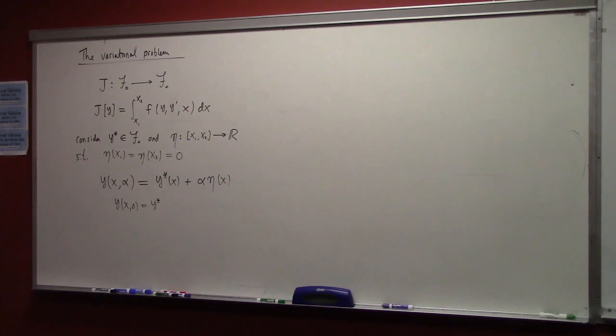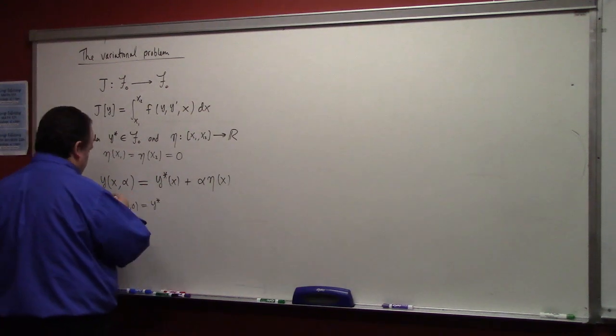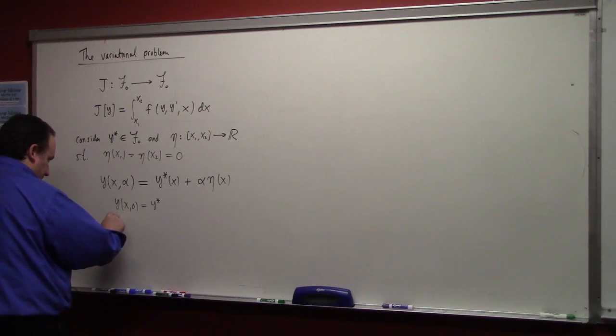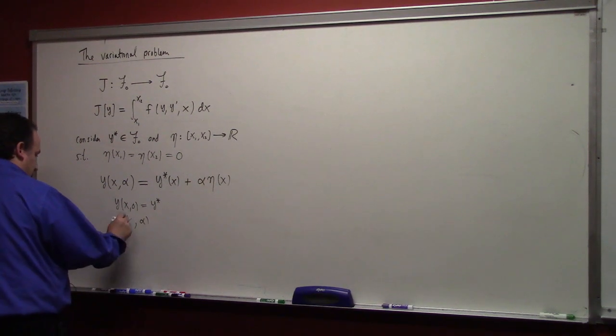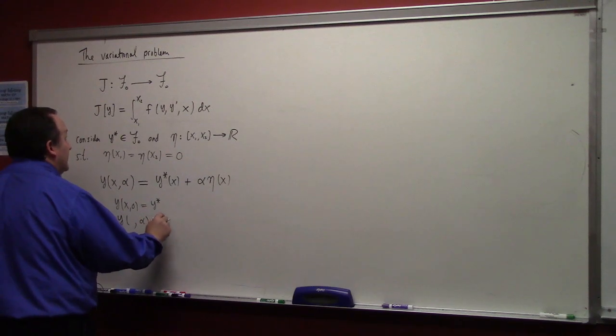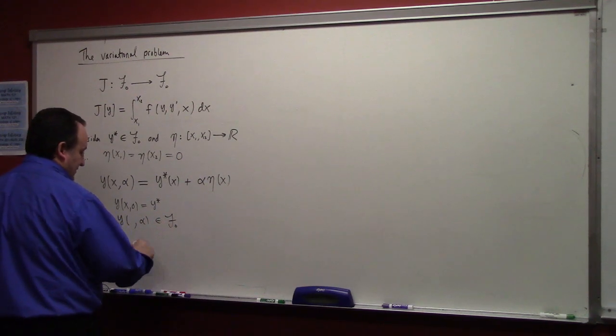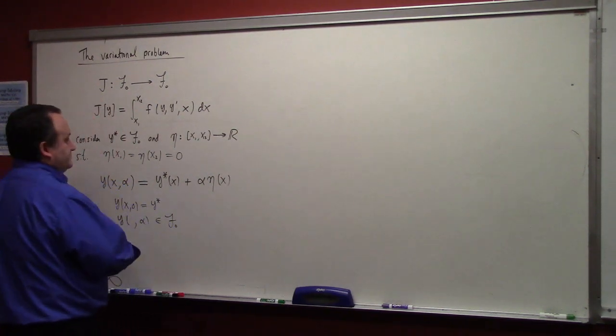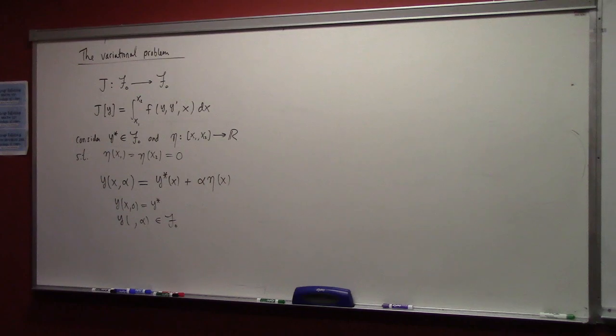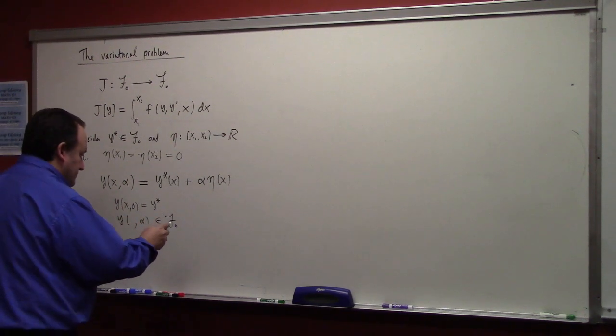Now, I guess I should be clear. What is this f naught? That's what I've not been clear enough about. With this definition, y of x is an element of f naught. f naught is just functions whose graphs contain a given pair of points. So the picture is something like this.